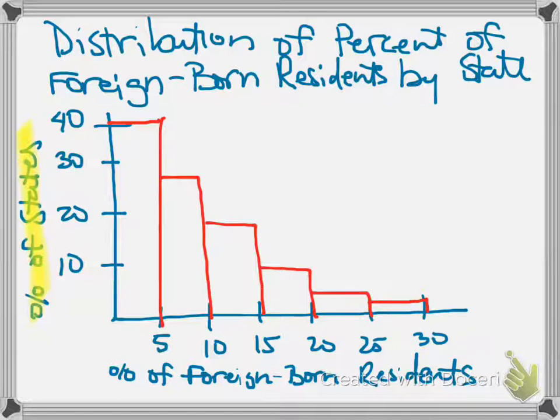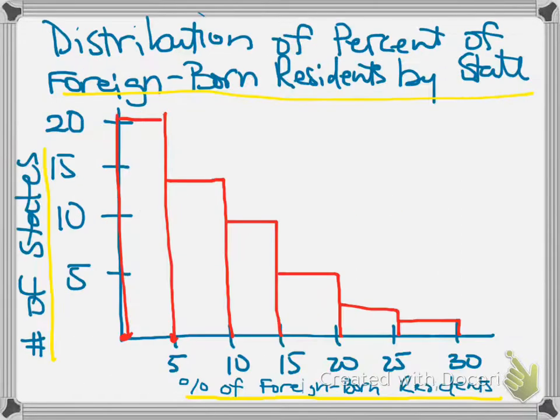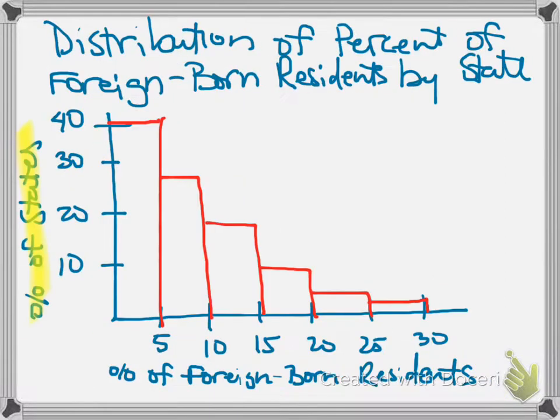Now you're probably thinking, well, why in the world did we do that when this histogram, where we used the relative frequencies, looks exactly the same as the histogram where we used just the plain old frequencies? And that's a completely valid question. In this case, just because all we're doing is taking this one set of data and looking at its distribution, it doesn't make any difference which version of the histogram you look at. But the reason that a histogram that uses a relative frequency can be helpful is that if you're trying to compare several sets of data,